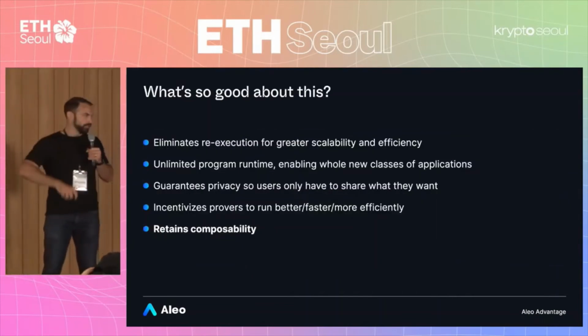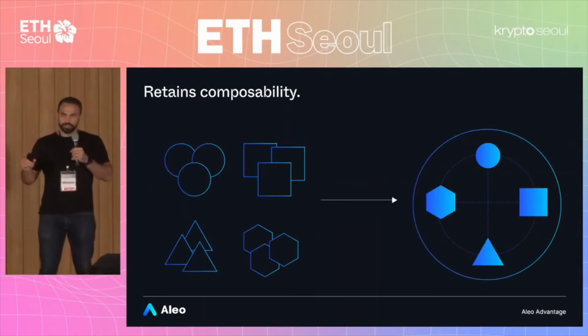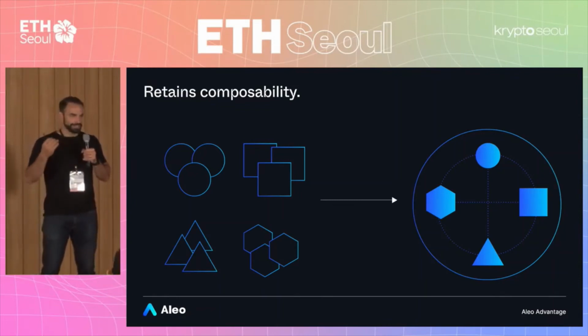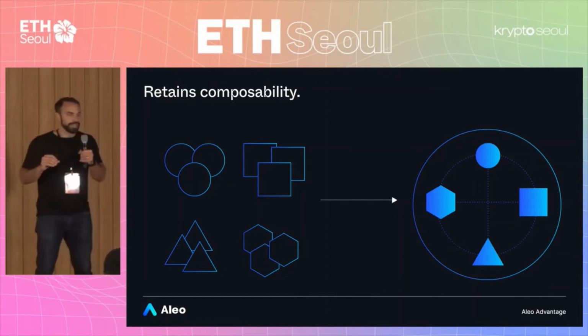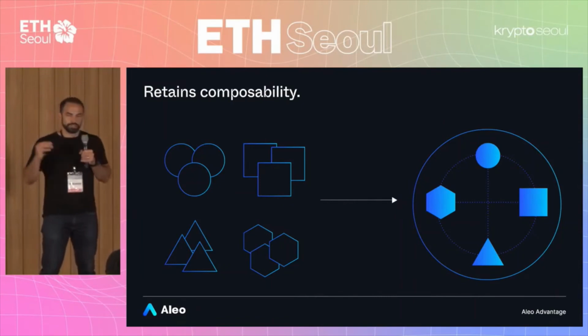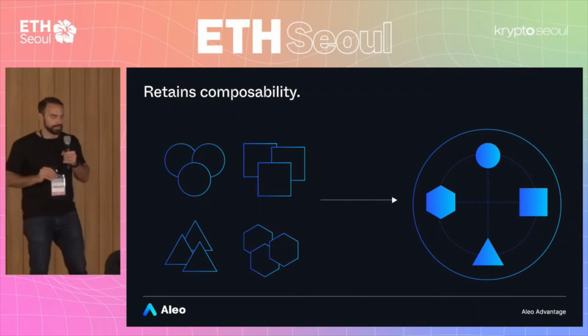Okay, and then the last thing is it retains composability. I want to go back here to the concept of the program registry, which I talked about in the beginning. And I mentioned this in one of our talks that I was giving last night, where it's always kind of funny to me to consider that, in Solidity, there's no way to import some program in like a library, similar to how you could do in Python or Rust or many other programming paradigms. Someone else writes code for, I don't know, a signature algorithm or factoring or something, and you don't want to rewrite or re-implement all that yourself. So you want to import this in a single line. You say import X library is typically the syntax.